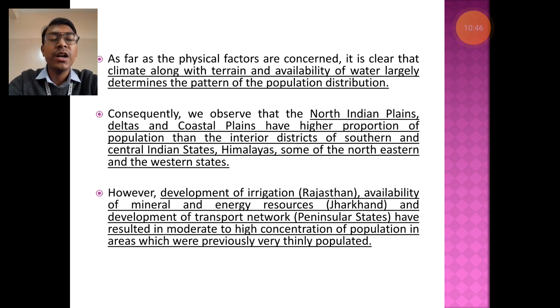However, if we see the western part of our country, some of the states, development of irrigation, like in the state of Rajasthan, availability of mineral and energy resources in the state of Jharkhand, and development of transport network in the peninsular states have resulted in moderate to high concentration of population in areas which were previously very thinly populated. So nowadays we can see that in Rajasthan, development of irrigation facilities has helped in